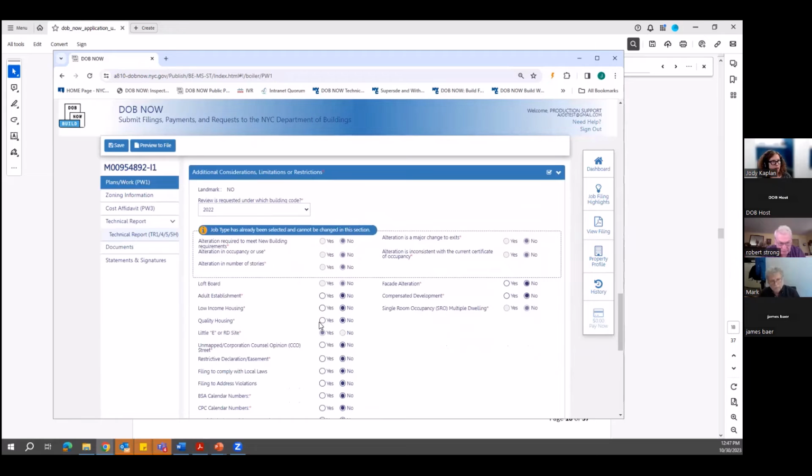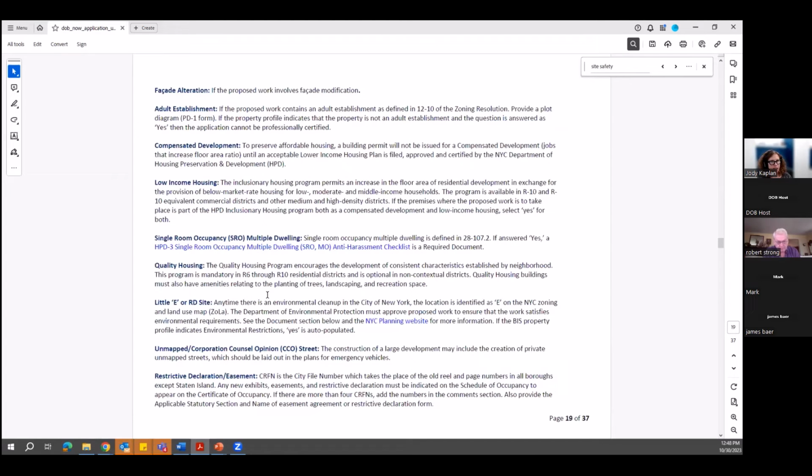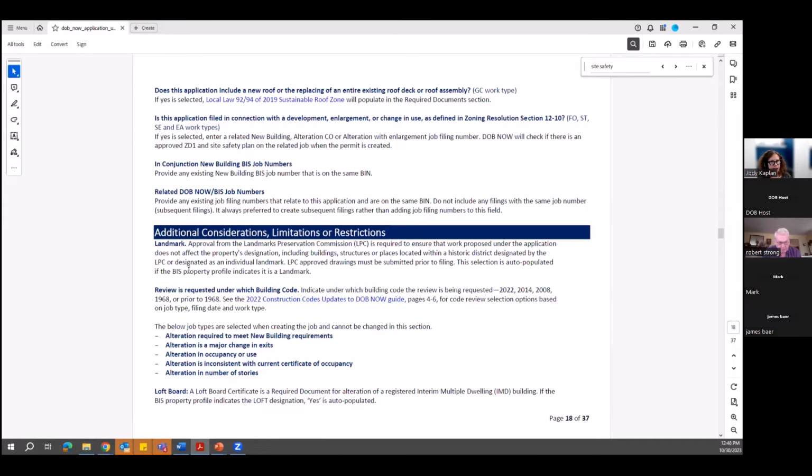This is quite similar to the paper PW1. So if you're really curious as to where something went that was on the PW1, it is generally in here. It just might be worded a little differently or in a different location, but that's hopefully what this guide is walking you through. So under additional considerations, you select whether it's a landmark, and you select whether review is requested